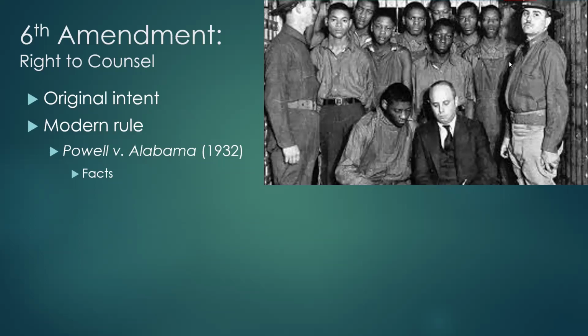But what happened to the young men, you were supposed to read about that. That was part of your reading assignment, in the case. It was quite a horrendous spectacle. But the state of Alabama had a law that said defendants have the right to the assistance of counsel, that the state could not interfere with.